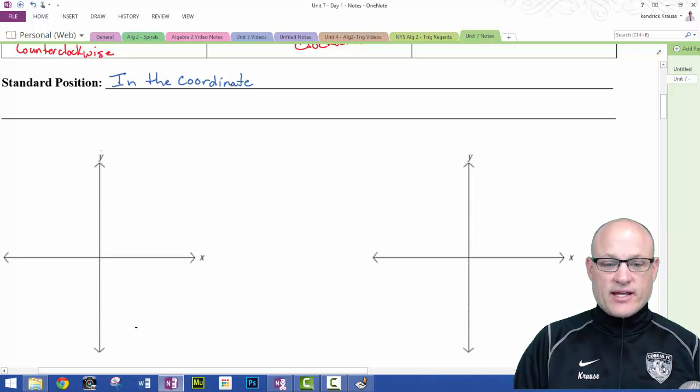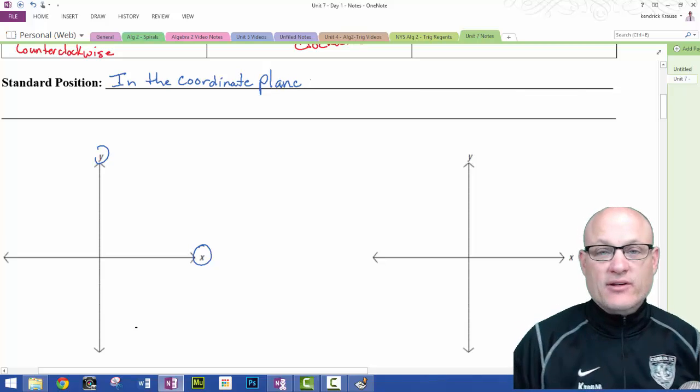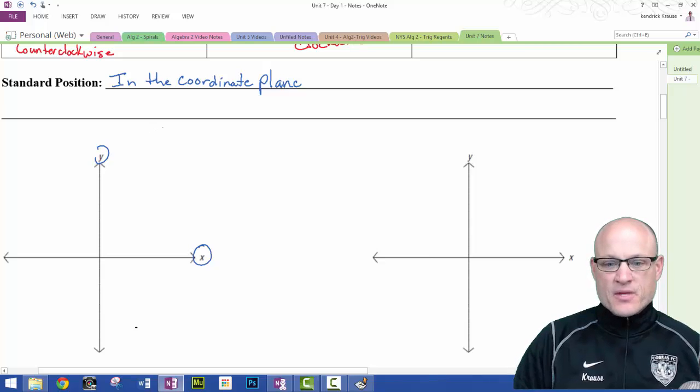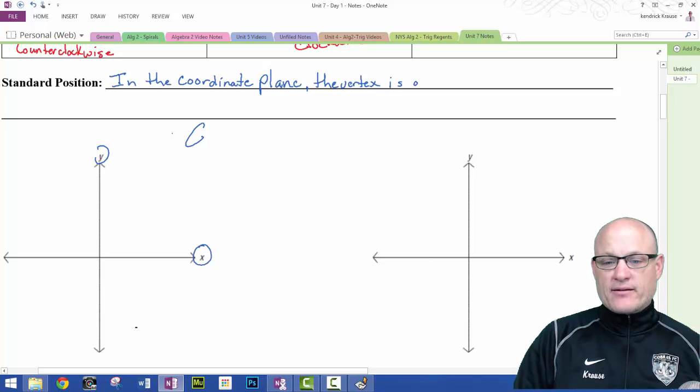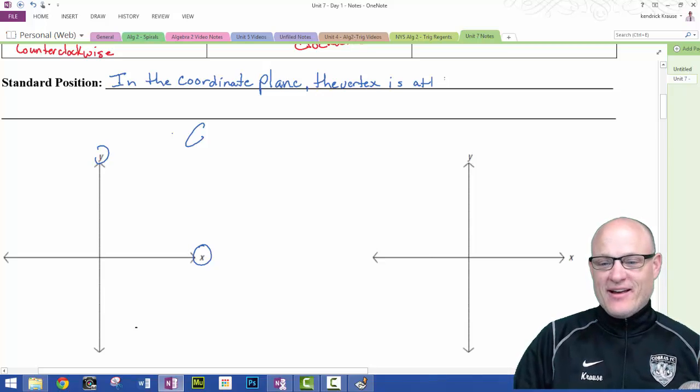It's a coordinate system. That's the X, Y axes. The coordinate plane. I forgot the coordinate plane. In the coordinate plane. That's just where the X and Y axes meet on a nice flat surface. The vertex, where it is, my pen point. That's not where it is. The vertex, that's one word again, is at the origin. I'm having a hard time with spacing today. I don't know if I've written notes with this pen before. It's kind of annoying, actually. The vertex is at the origin, and the